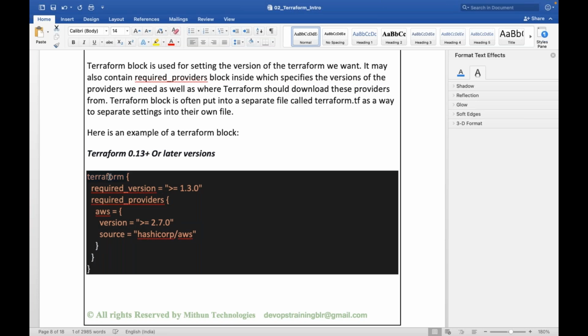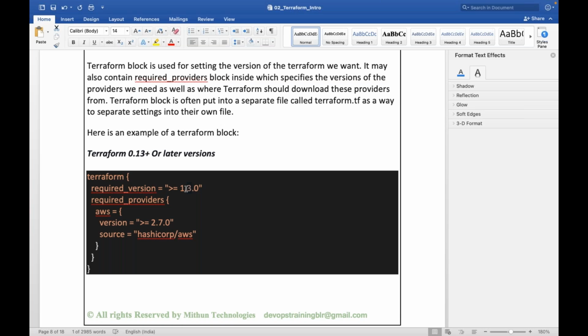By looking at this, you can understand this is a Terraform block. Required version greater than or equal to 1.3.0. What does it mean? We are informing Terraform that the Terraform version should be greater than or equal to 1.3.0.